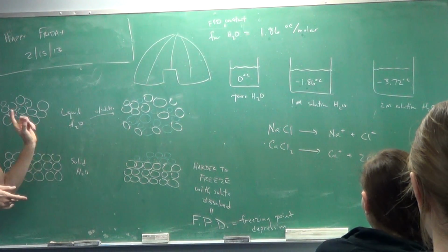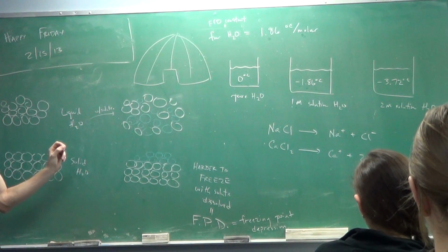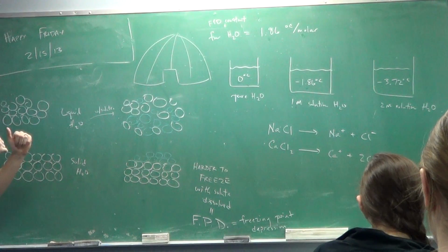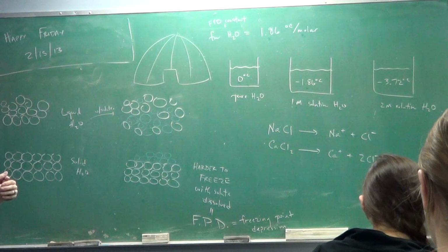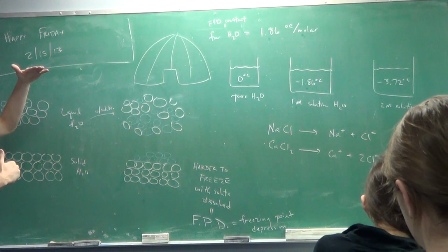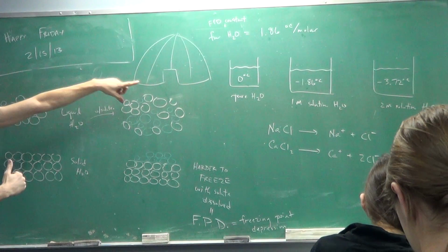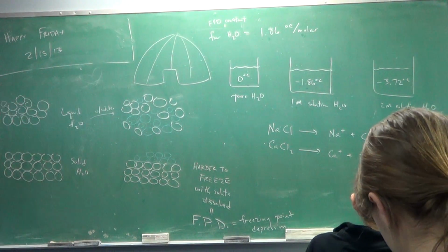So stuff dissolved in water makes the water harder to boil because there's stuff in the way. It's going to raise the boiling point. It also makes it harder to freeze, so that's going to depress the freezing point. In other words, it's going to make the boiling point higher and the freezing point lower. Helpful when you want to keep the roads free of ice, also helpful if you want to cook your pasta noodles